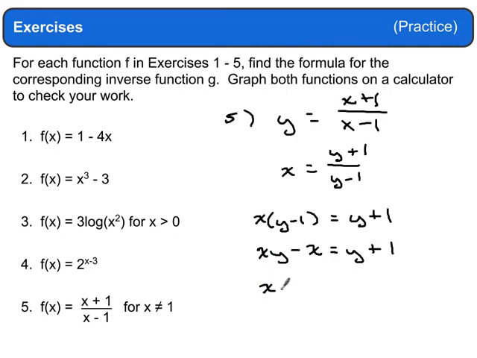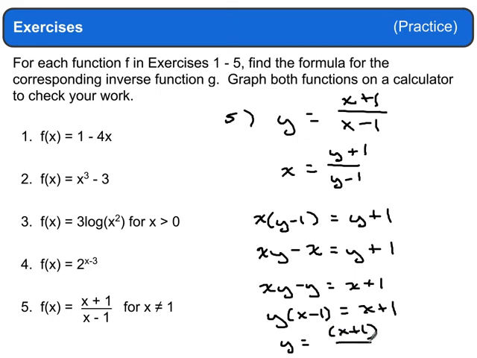So we're going to end up with xy on this side with a minus y, and we'll end up with an x plus 1 on the right. So now we have a greatest common factor of y times x minus 1 equals x plus 1. And one of the interesting things about this one is we ended up with the exact same equation that we just had,